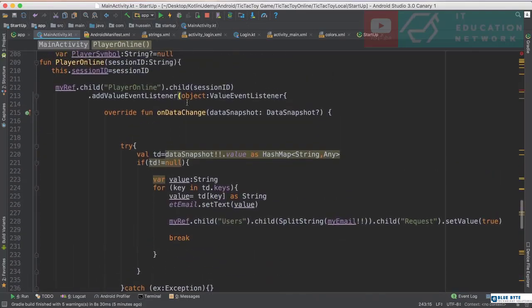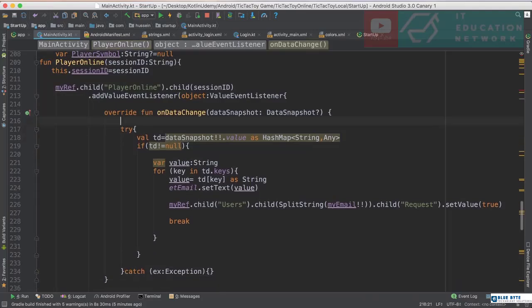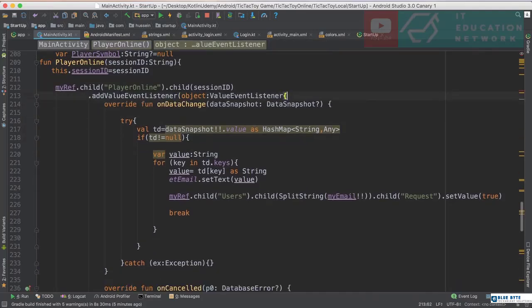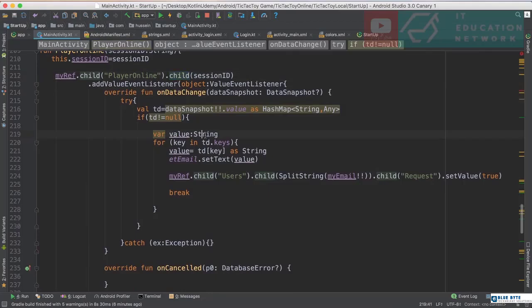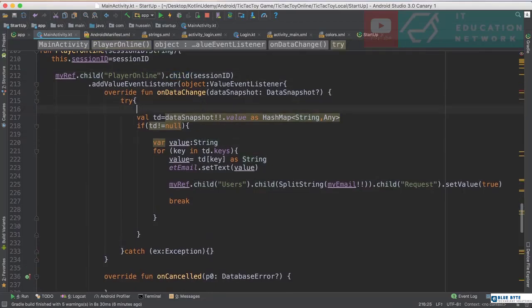So now I'm just taking some space, so you will see the screen completely. So let's see, I'm still listening for the child we are playing on. So I'm still getting the value, but before this, when I first get the data, first of all I